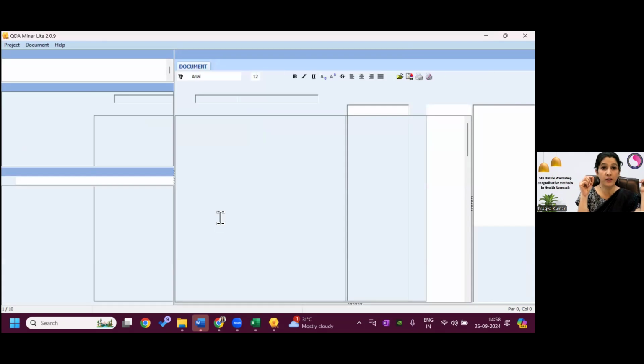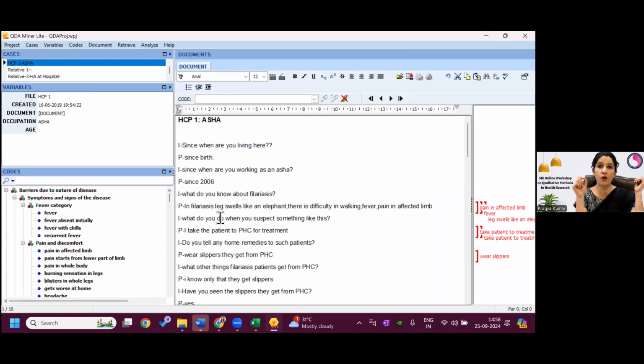The most important thing which I want to emphasize: keep a log of your activity. Log means every day you write. If you are using an iPad, you can use some notebook there. If you are using a diary, write day 1, what all work you did, and your reflections also. Analytical memos should be written then and there. Don't be lazy, thinking let me code everything and then I will write the analytical memo, because that thought process is not going to come. Now your angle will change. When you are coding, you have got reflections.